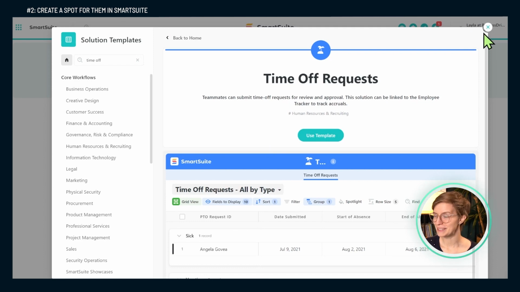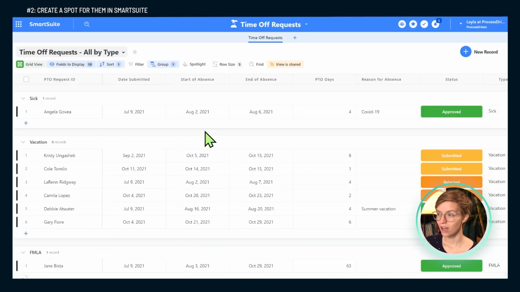but depending on what data you're automating, you might need a different type of template or to create one from scratch. Basically, you just want to make sure whatever your process is, you've got a spot for it in SmartSuite. Thank goodness for SmartSuite templates, because it makes it really fast to get these set up. Once we've identified this spot, we can once again set this to the side because we will need this later on,